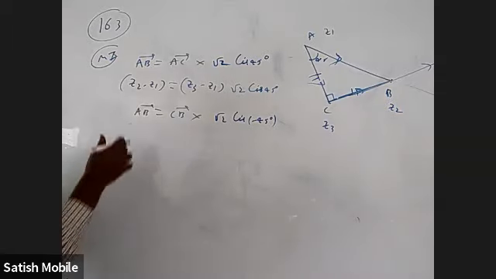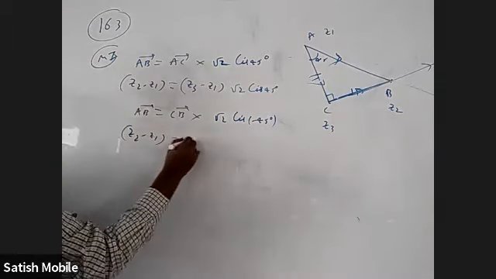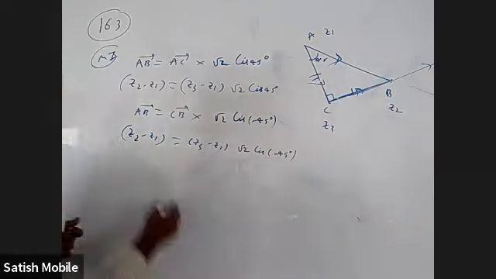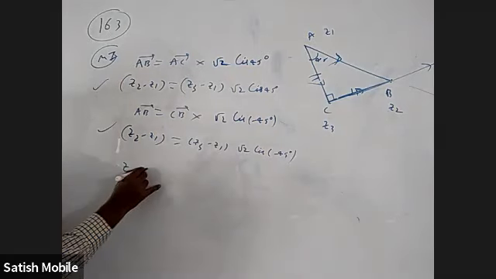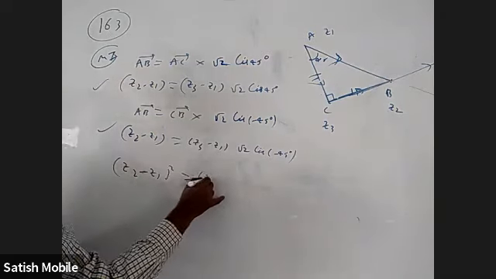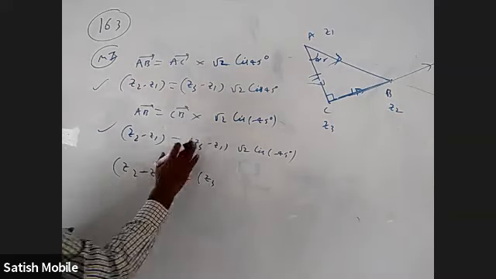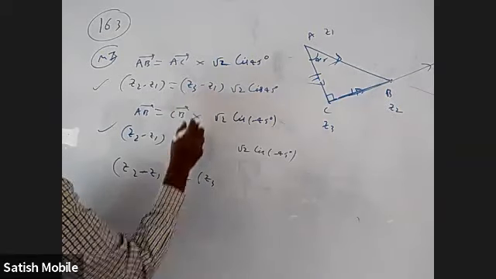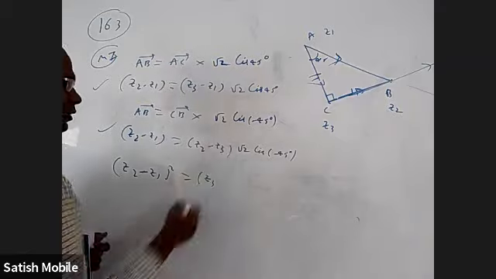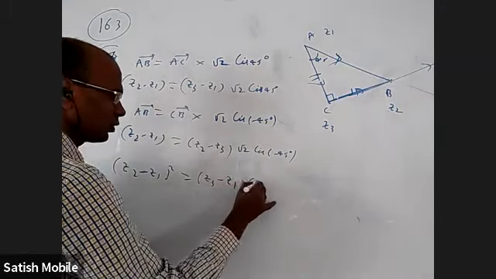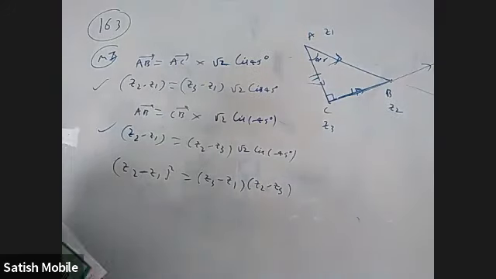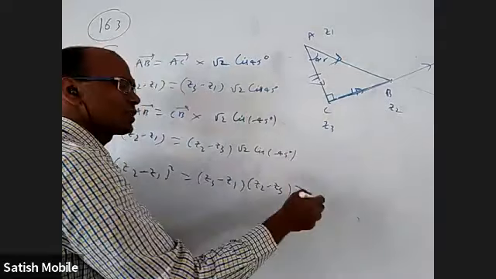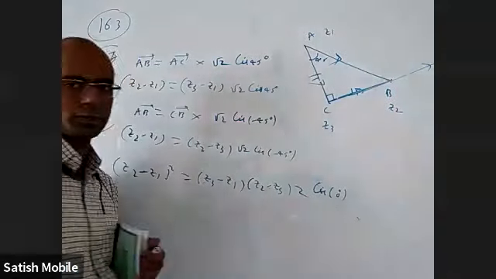Okay. Now, what is this again? Z2 minus Z1 equal to Z3 minus Z1 into root 2 cis minus 45. Multiply these two. What will come? Z2 minus Z1 whole square equal to, no, something I wrote, CB is wrong. What is CB? OB minus OC. AC is OC minus OA, that is fine. And CB is Z2 minus Z3. So when I multiply these two, Z3 minus Z1 into Z2 minus Z3, root 2 into root 2 is 2. Cis 45 into cis minus 45 is cis alpha into cis beta is cis alpha plus beta, 0 degrees, which is 1.